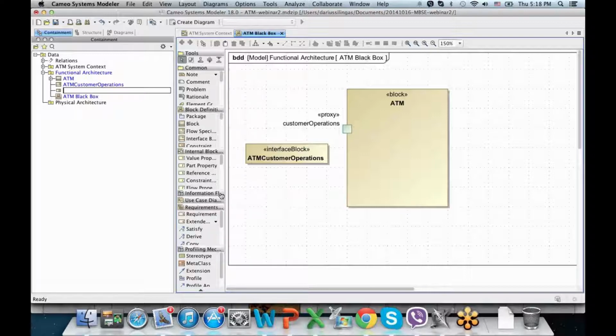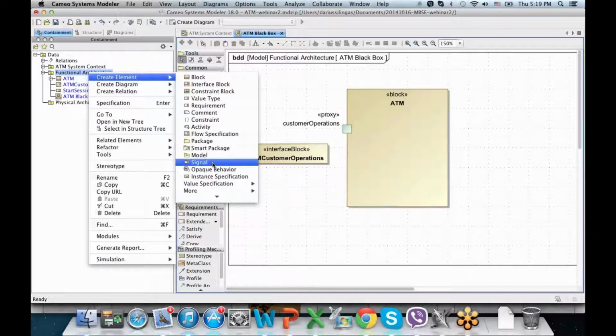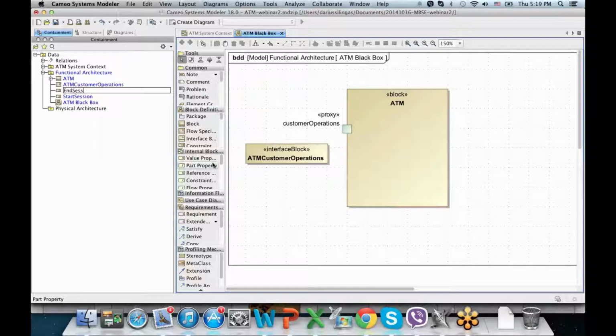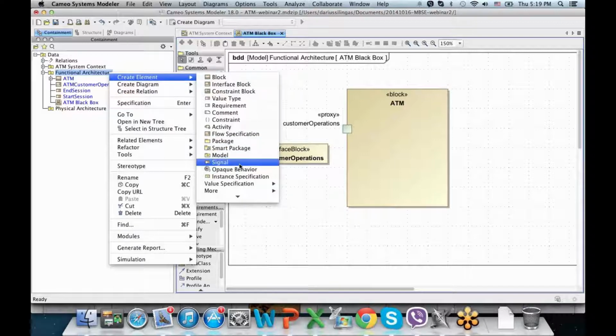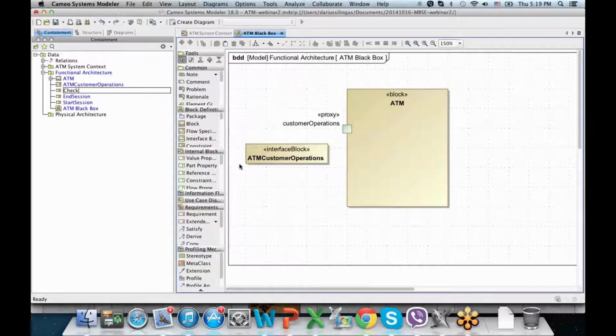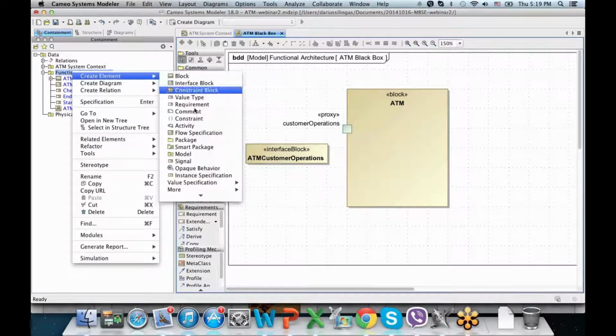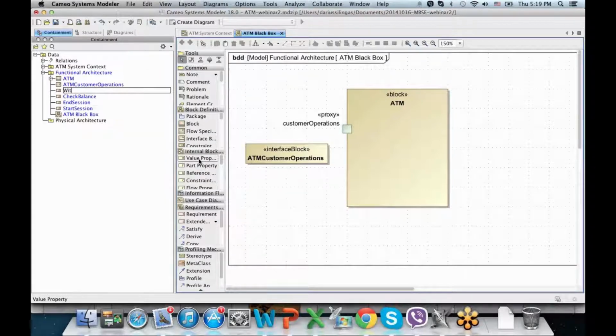Some people call it message, or some other people call it communication element. The name from the SysML language is signal. So I would like to be able to start the session, maybe also end the session, and then I would also like to be able to check balance, and send the signal which is withdraw